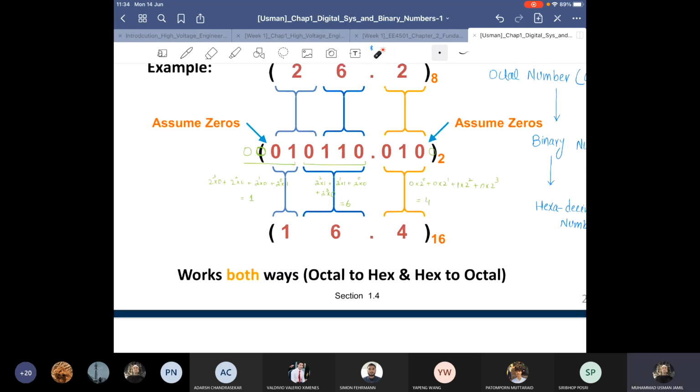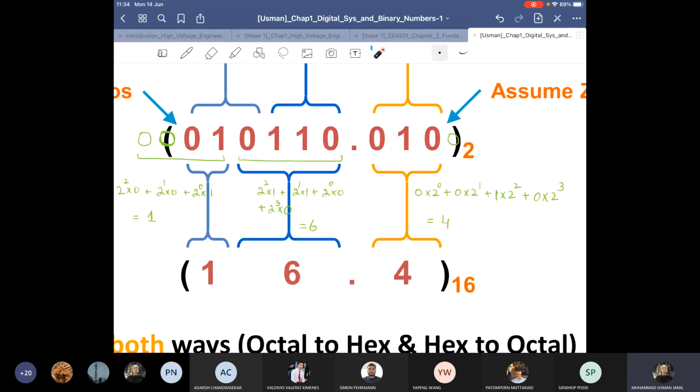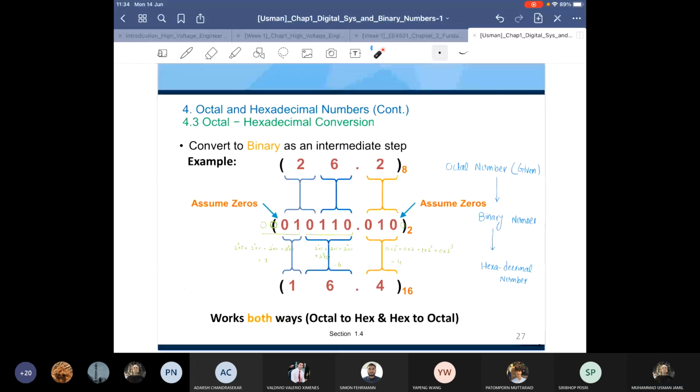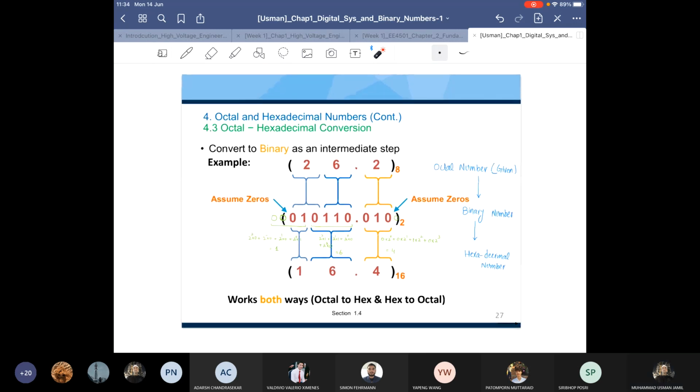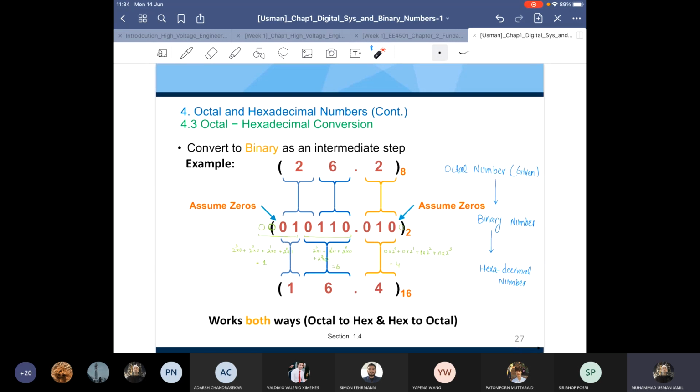So this way we can convert our numbers from octal to hexadecimal. Now you can practice how we can convert hexadecimal to octal number. So this is your task. Hexadecimal to octal number. Same thing, just the same thing.